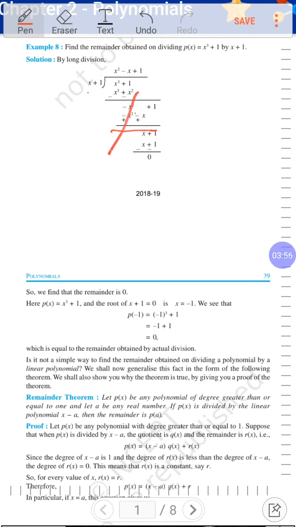If you will see, it is the same as this also, and you can repeat the same process. x divided by x becomes 1, and with 1, when we multiply x plus 1, we get x plus 1. When the sign is changed, it becomes minus and minus, and x and plus 1 and minus 1 are cancelled, so the remainder becomes 0. So what is the remainder over here? Here the remainder becomes 0. Now we will move below to see how this is explained using the remainder theorem.